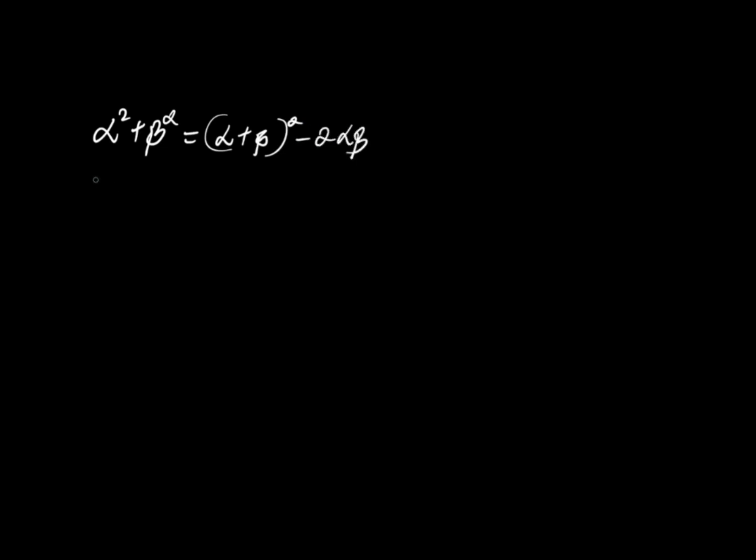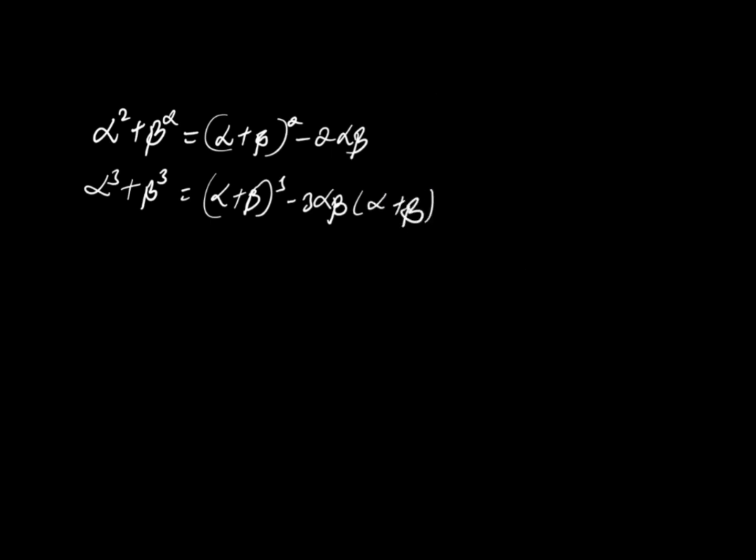Now, if I have, for example, alpha cubed plus beta cubed, this would be equal to alpha plus beta cubed minus 3 alpha beta